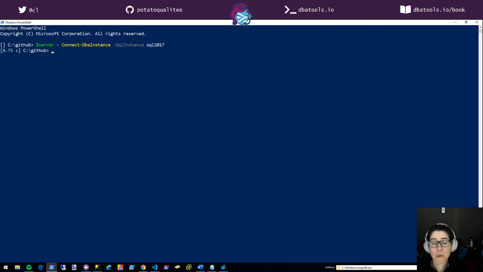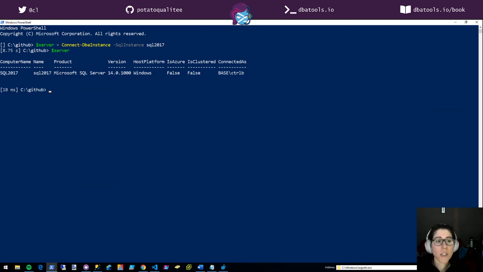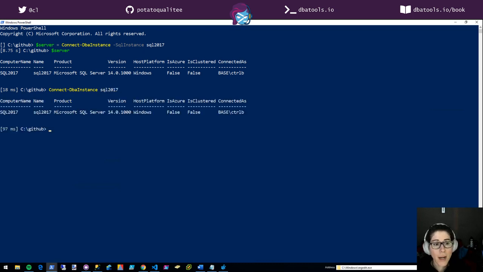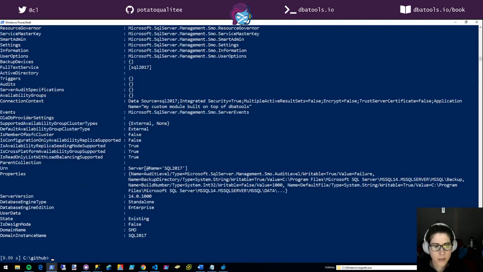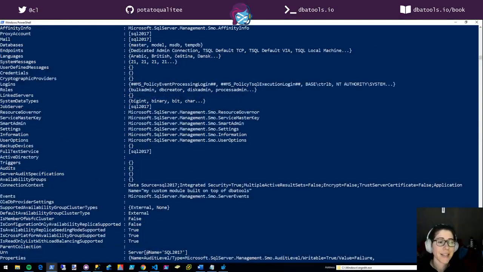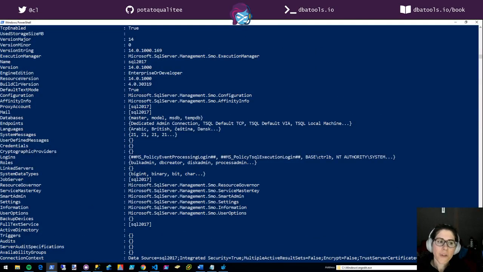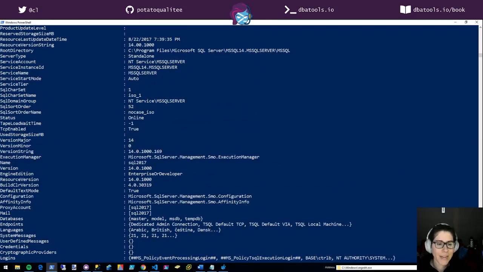First, it takes about 4 seconds to load for end users, but it takes up to 9 for me because I put it in a different type of developer mode. But there's two kinds. So you can see this is really pretty. It's super fast. If I just did Connect-DbaInstance SQL 2017, then it'll just do it like that, right? But I loaded it in developer mode in this window, so you get all of this other stuff. And all of this is available all the time. It's just hidden by the default view. And that way you don't have to be so overwhelmed.